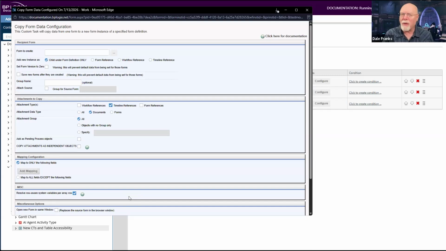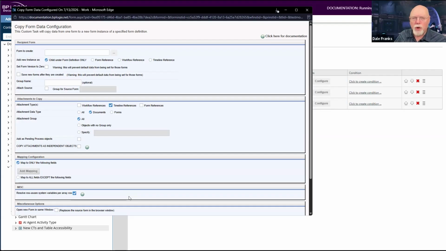And that's fine for most things. It's not fine for system variables because they don't know what row they're on. And so they're only going to return a single value when you evaluate the array by column, because the row number has no context when you're outside of the array. So we've gone back and changed that behavior.